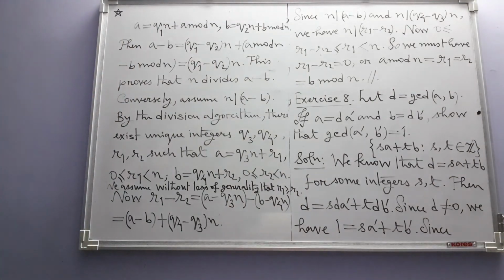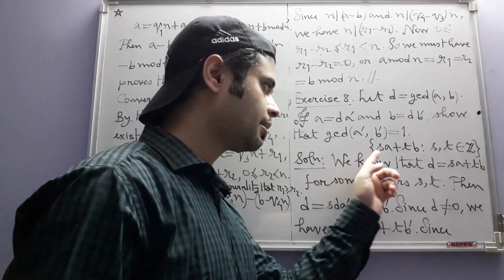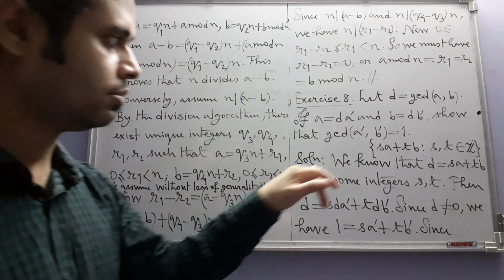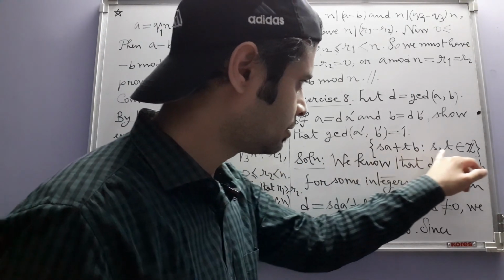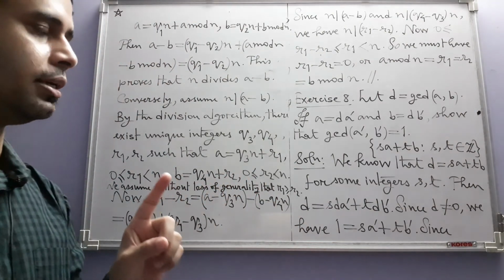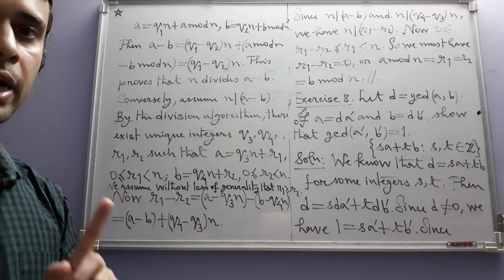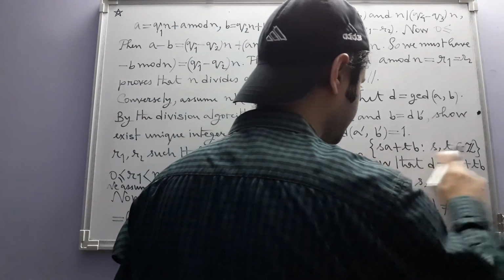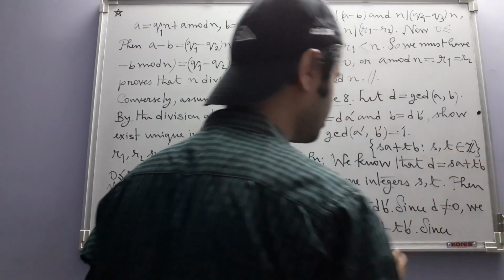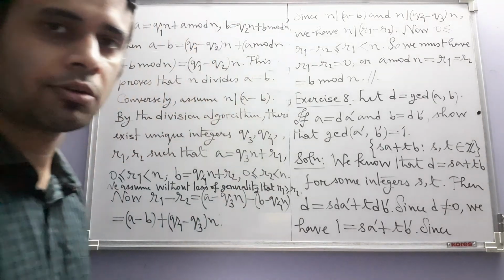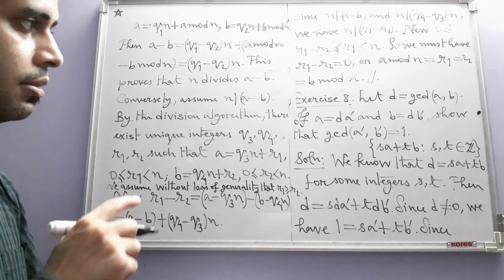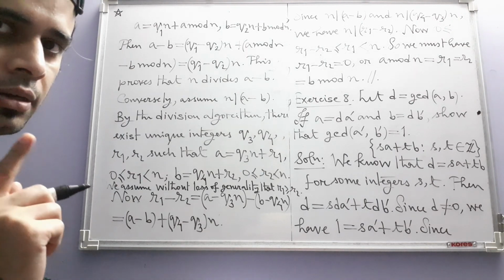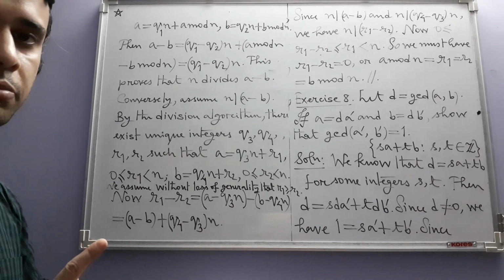Considering this set, then using the fact that a and b are both non-zero, it is proved that this set contains at least one positive integer. That means the intersection of this set with the set of all positive integers is a non-empty subset of the set of positive integers, and hence by the well ordering principle should